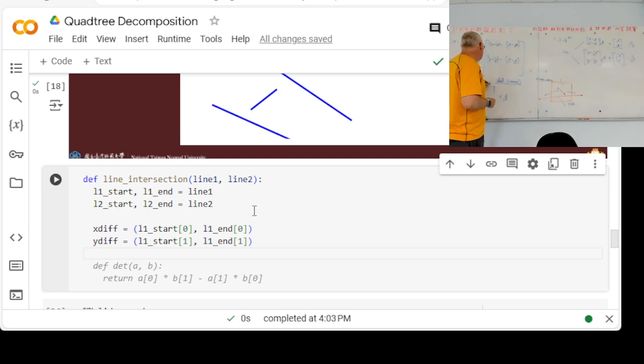So that will be x1 minus x1 dash, y1 minus y1 dash, negative x2 dash, negative x1 dash, negative y2 dash, negative y1 dash, divided by the determinant of the original thing, so that would be x2 minus x1, negative x2 dash minus x1 dash, y2 minus y1, this is x not y, negative y2 dash negative y1 dash,